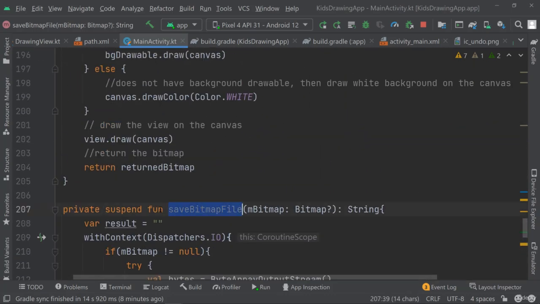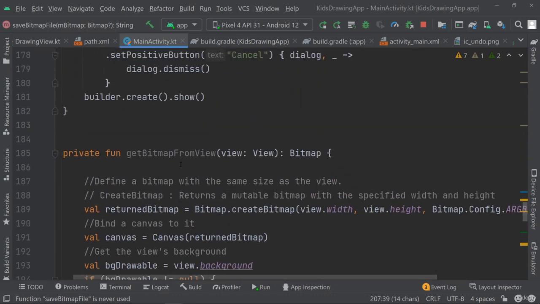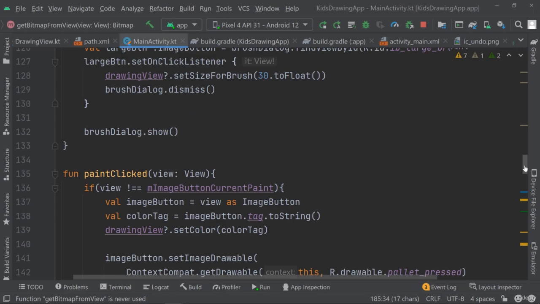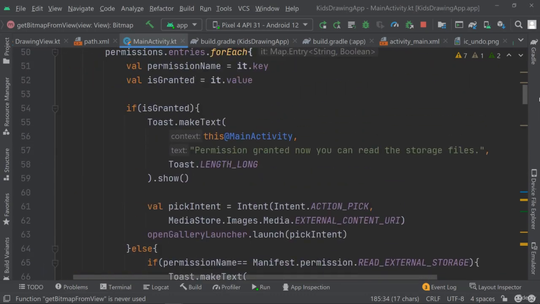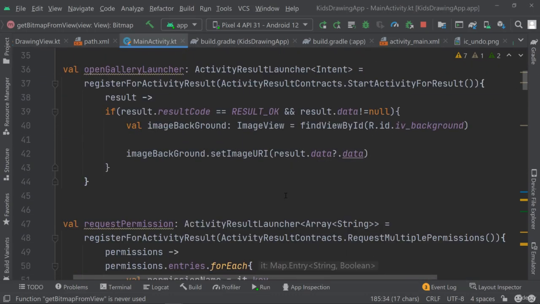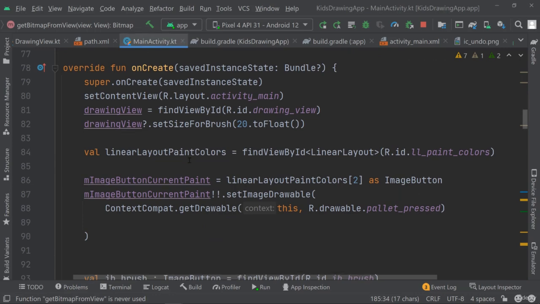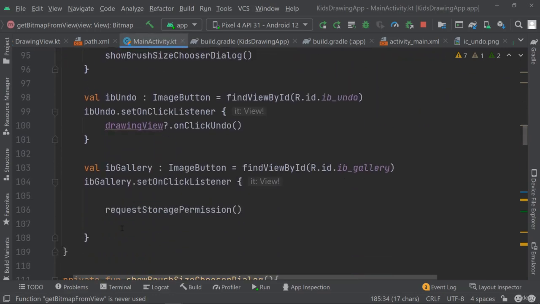Okay, so now we have this save bitmap file method, we have this get bitmap from view method, and we have only looked at code for over 20 minutes now. So let's go ahead and actually make this run. And in order to make it run, we need to go to the onCreate method,